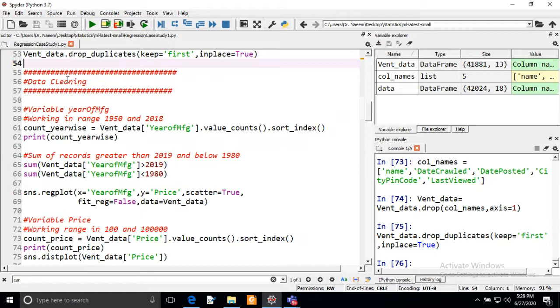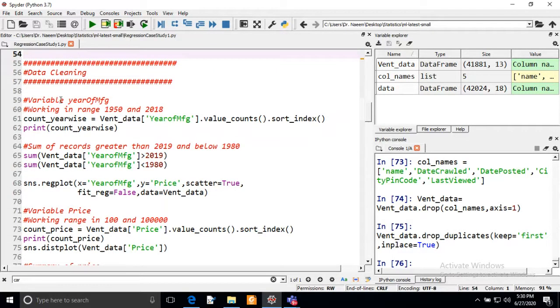sometimes we have some values in our column that are out of range. Like if I say I have ventilators of 2024 or 2030, I cannot imagine that, because we are living in 2020 and we are saying that the manufacturing year of my ventilator is 2030. So it is irrelevant information. This kind of information we have to remove from our data. So this is the part of data cleaning.